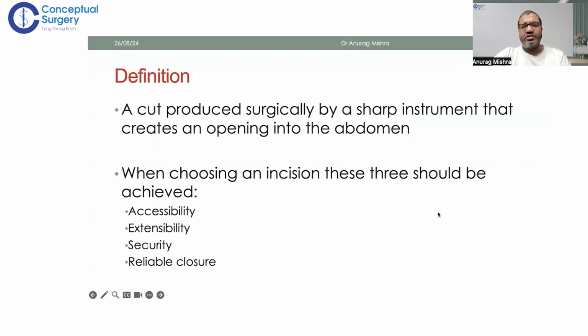So what is an incision? An incision is a cut which is made typically by using a sharp instrument. Typically, we use a scalpel. Also, sometimes a hot scalpel or a cautery can be used to make an incision. Today we'll restrict ourselves to incisions used to open the abdomen. An incision can be used in different body parts and also over the viscera, like you can give an incision on the bowel or on the renal pelvis in the kidney and so on and so